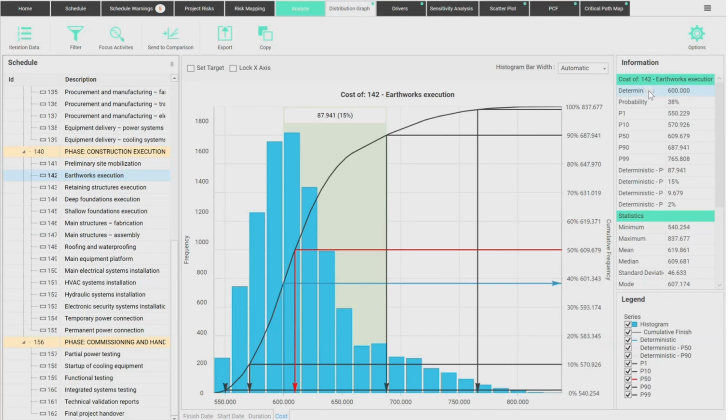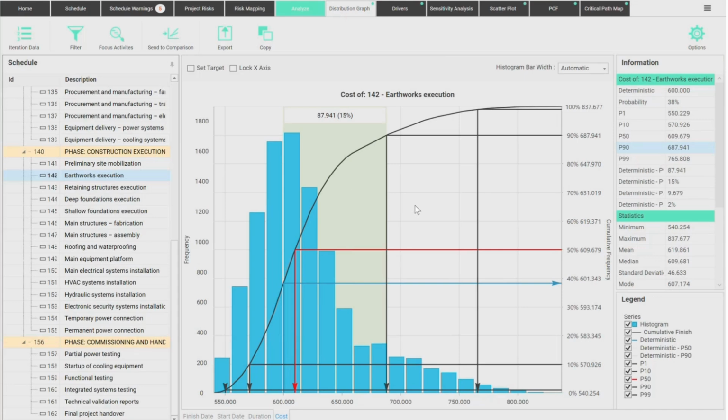It should cost 600 according to our best estimates, our deterministic model. And we see there's only a 38% probability that it will cost this or less. If you want to have a decent budget, a realistic budget for this, it should be 690. That's like 15% more, right? There's a 90% chance you'll spend up to $690,000. So that's a more realistic target for this specific budget for this contract, for example, okay?